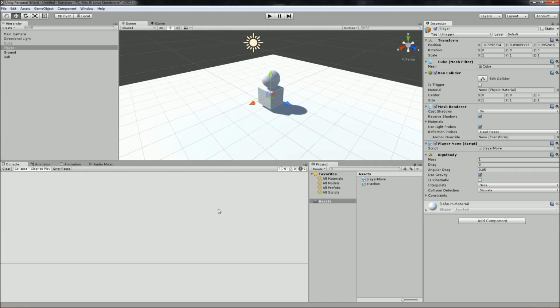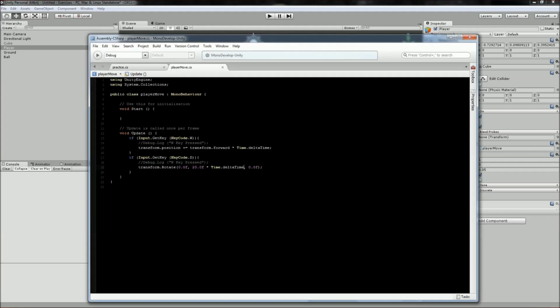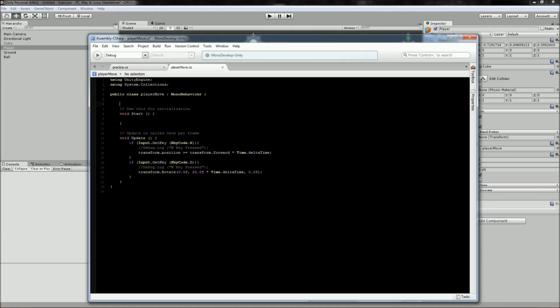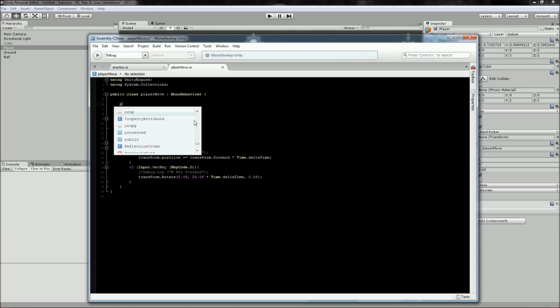So let's, on your player, because right now there's no way for you to tune your forward speed or your turn speed, expose those values to the inspector. So you could tweak from the inspector how fast it drives and how fast it turns. Right, so we need to go ahead and make some public variables. So just come up here into the MonoBehaviour. We'll make public